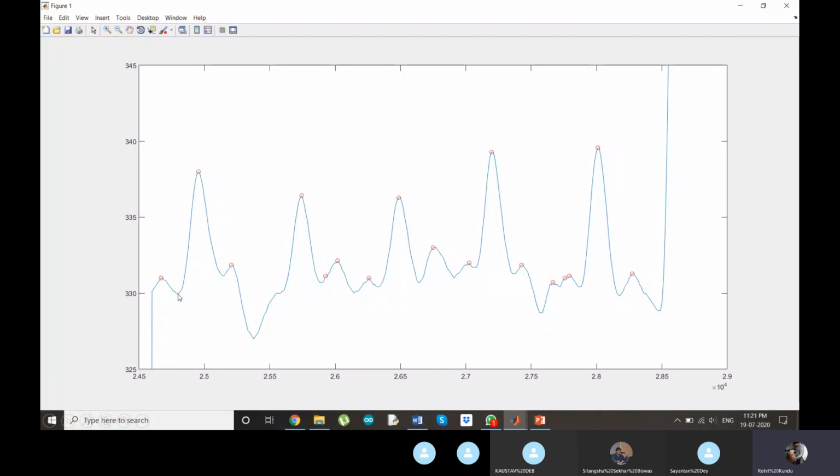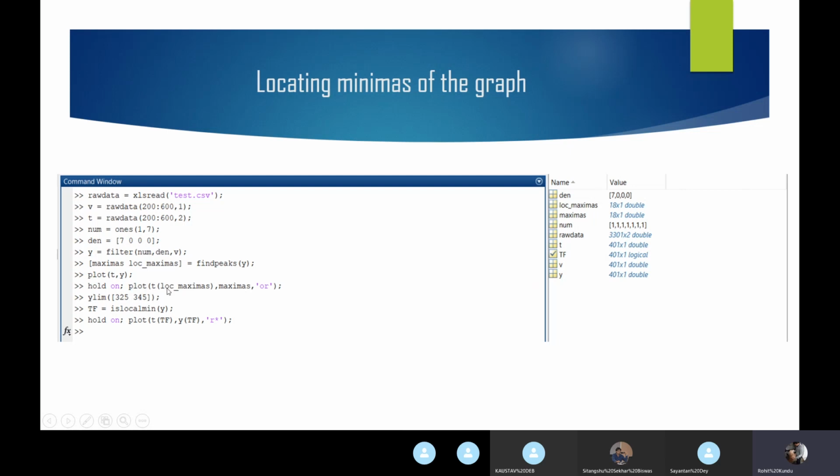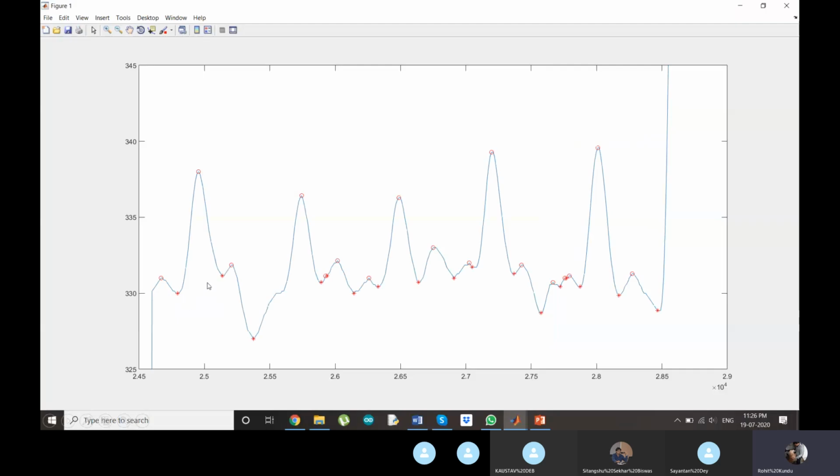Like at this point, it should say it is a minima, so at this location it will be 1. At all other locations it will be 0. Again at this point it will be 1. I have assigned those values to TF, and then I have used plot again to plot the minima using a star. These are the minima. Again, there are some stray minima, obviously. Here is a stray minima.